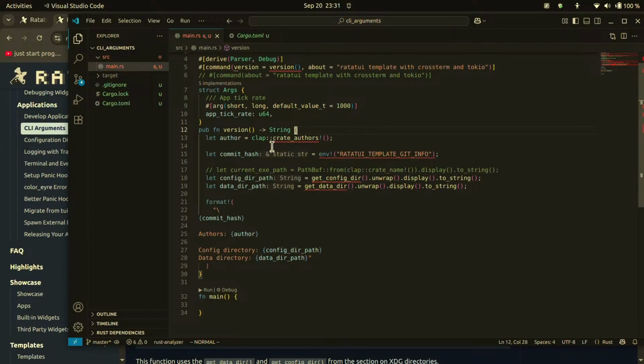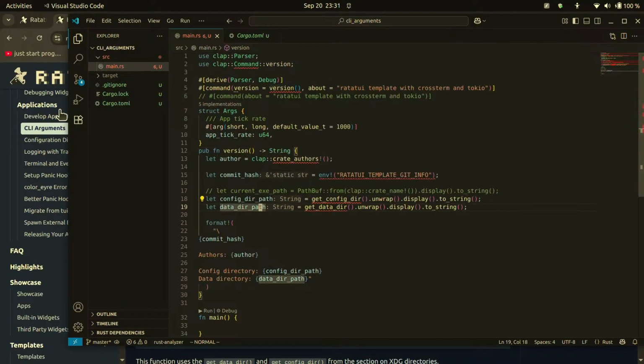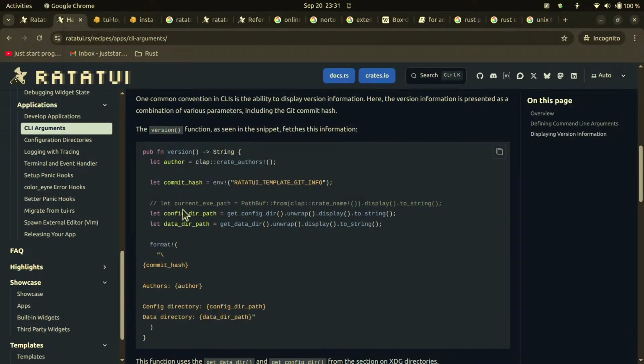Okay, so there are so many things missing. Okay, maybe let's just continue and see what is missing. Okay, so there's a version function